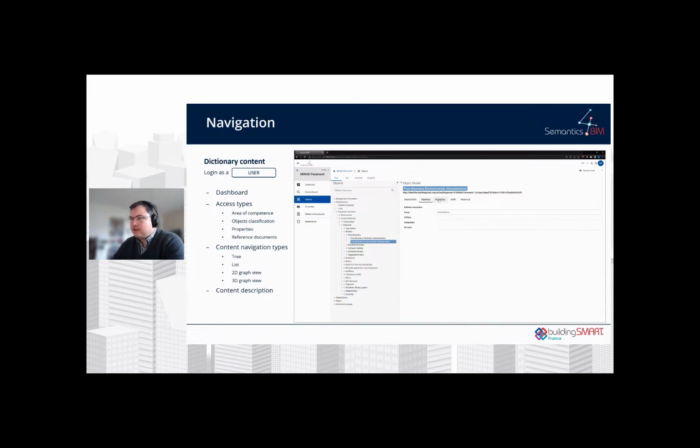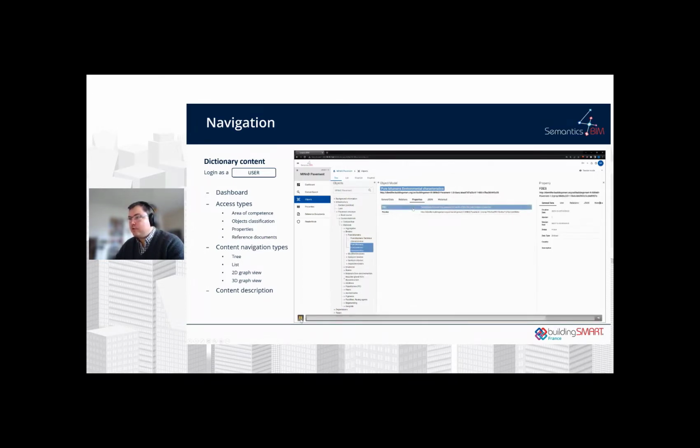In any content of the dictionary, we have the description compliant with the ISO 23386 of all of the information required by this ISO standard. We have that for the classes, of course, but we have also that for any properties. Here it is an example of the SDS properties for fonts.